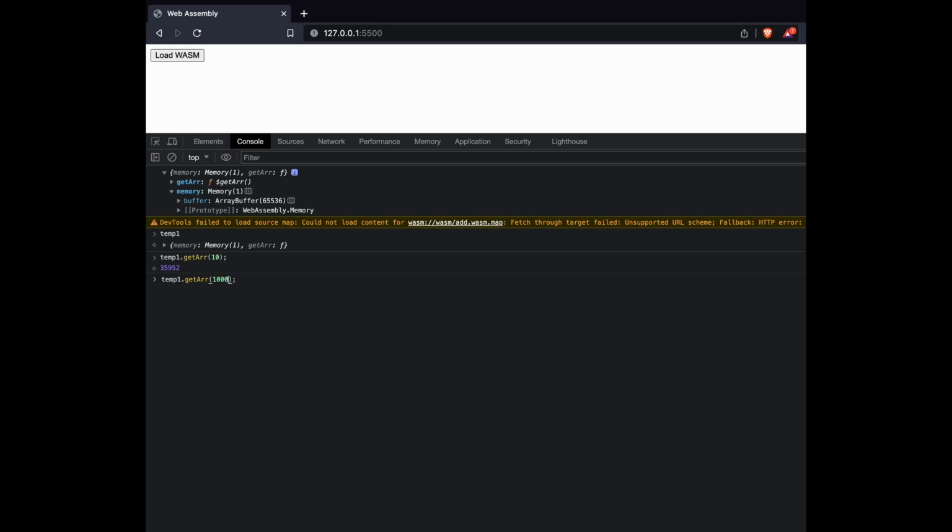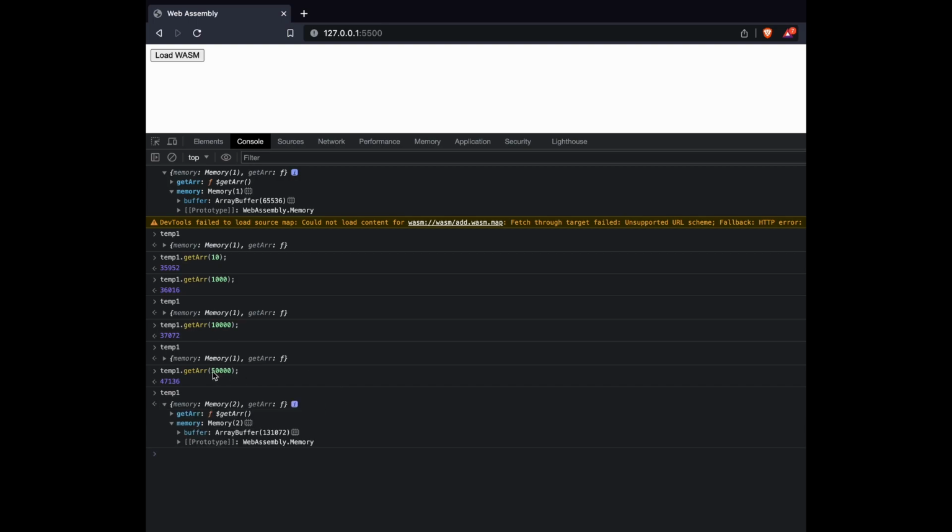So I'll do 1000, and we'll also see the status of memory. It says its page size is still 1, which is fine. That means the array that we declared has not overflown the memory yet. So I'll increase it to 10,000, and again it's 1. Let's increase it a bit more, let's say 50,000, and this time you see the memory increased on its own, because at some point during the initialization of the array, the index went out of bounds of the memory,